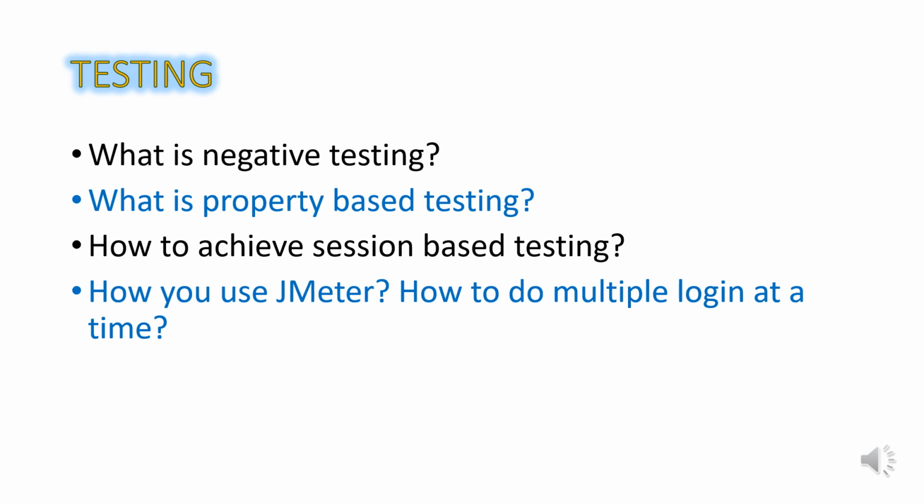And the last question is how to use JMeter for multiple logins at a time. For that, we need to create a CSV file or CSV data sets with multiple usernames and passwords. After that, we can create a text file and test values in it. Then in JMeter, we can create a CSV dataset configuration under the thread group, and then we need to open the CSV,